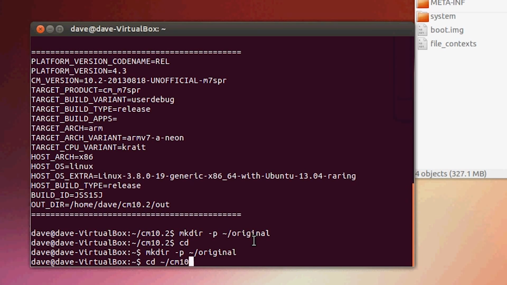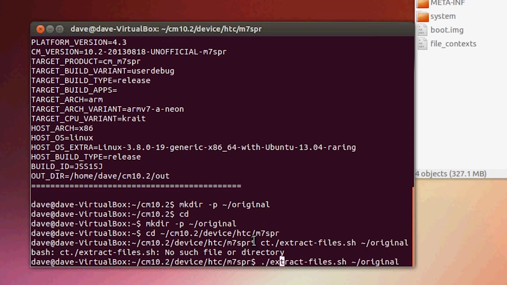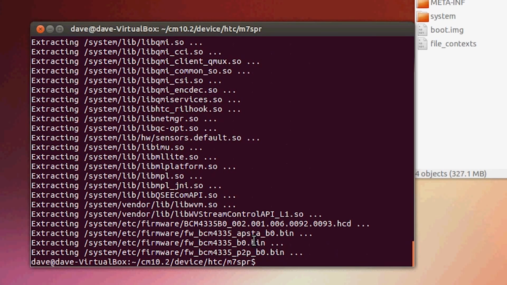go to CyanogenMod 10.2, once again, name it to your appropriate folder, device, HTC. Once again, if you're not using an HTC phone, just replace it with the appropriate folders correlating to your device. M7 SPR. Okay, now inside of there, type in the following: ./extract-files.sh ~/original. Hit enter. And there we go. I just want to extract the particular libraries and files from that zip that pertain to our device